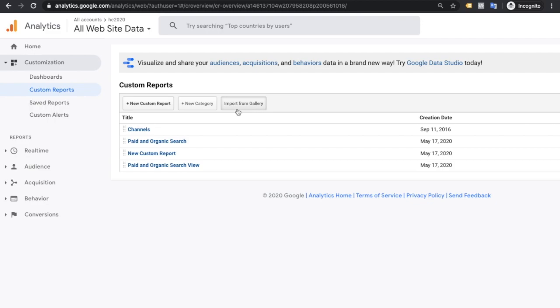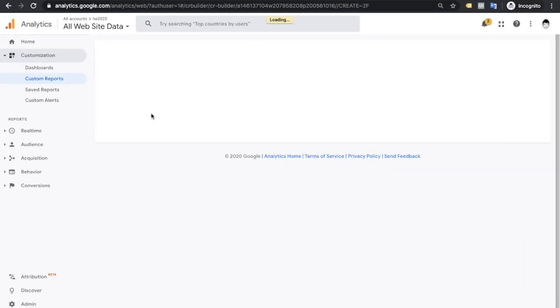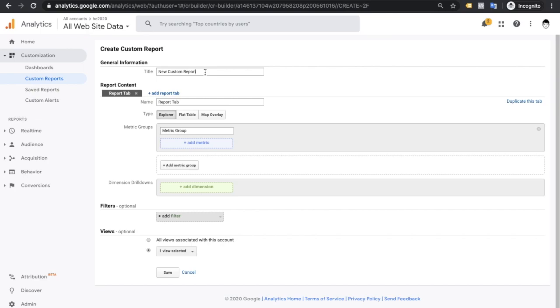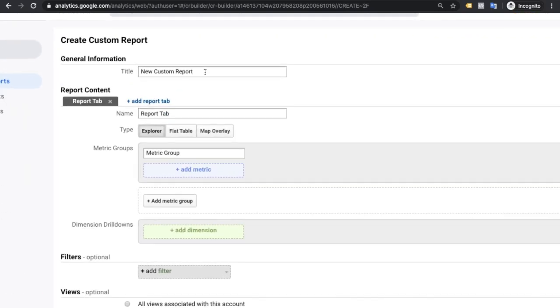But here I will show you how to create a custom report by myself. Now click on new custom report. Add a title name. Suppose I am creating a custom report of source medium, then type source medium.